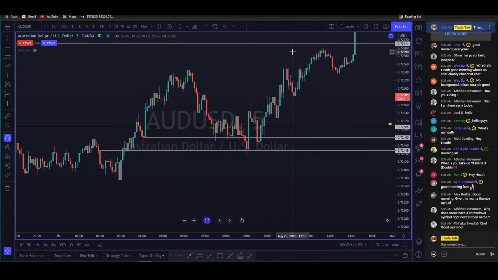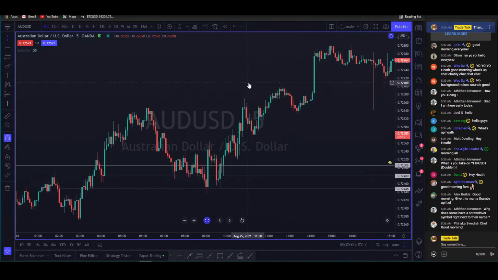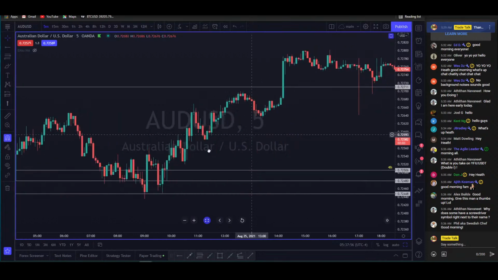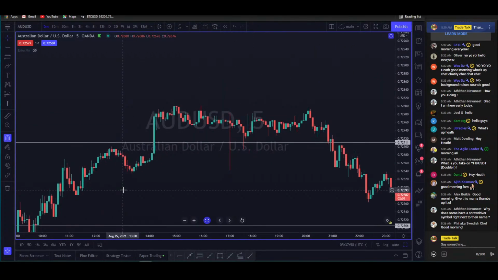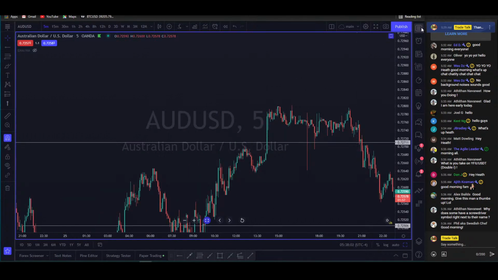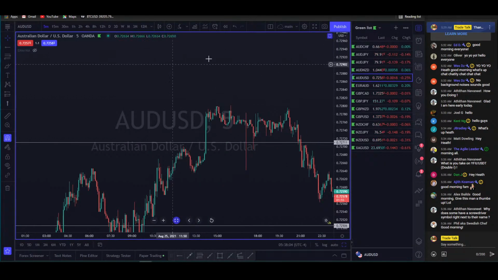There it goes. Boom. And then this was the target. So you can see we got a little bit close to the target, and then it, boom, went up and took it out. That's what we're looking for day to day. Every single day, we're looking for setups similar to this. Now, obviously, this isn't a perfect setup because, like I said earlier, you're against the longer-term trend. The longer-term trend is bearish.